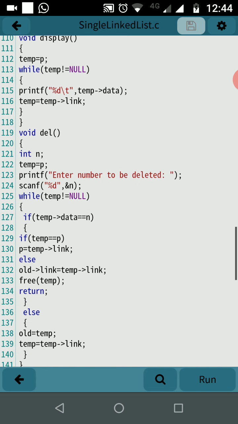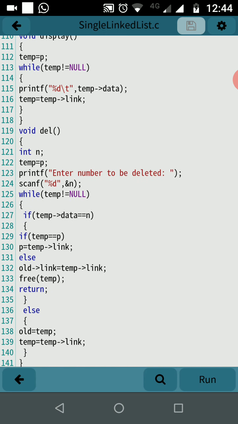Now to delete an element from the list, we have to ask the user to enter the number to be deleted, which number the user wants to delete. So again we set up one variable pointing to the external pointer, temporary equal to p. While temporary not equal to null, we search the entire list and find the number to be deleted.